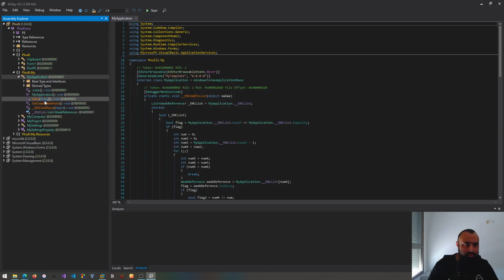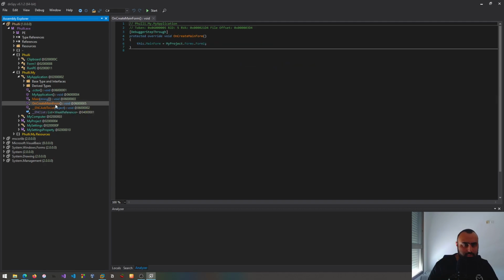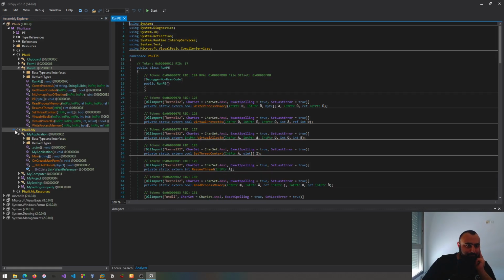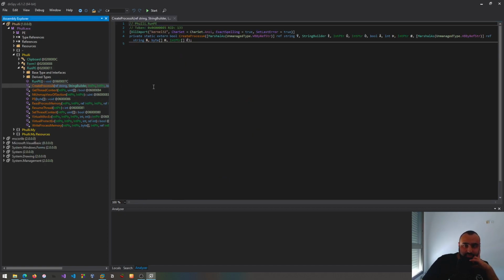Okay, so if we go to my application main, okay, create some form. I think it actually tries to literally not only log your keystrokes, but also initiate a connection to some C2 web server and enumerate cookies and stuff like this from your computer. It actually tries to do a phishing attack also. Maybe we can continue executing the malware we have in the virtual machine and see how it behaves. So create process we have here,